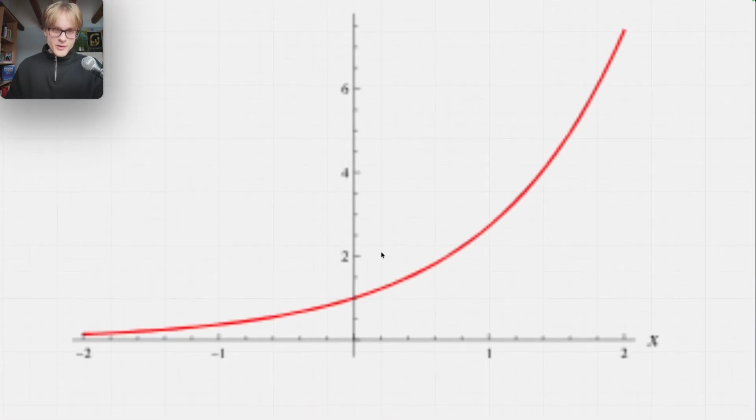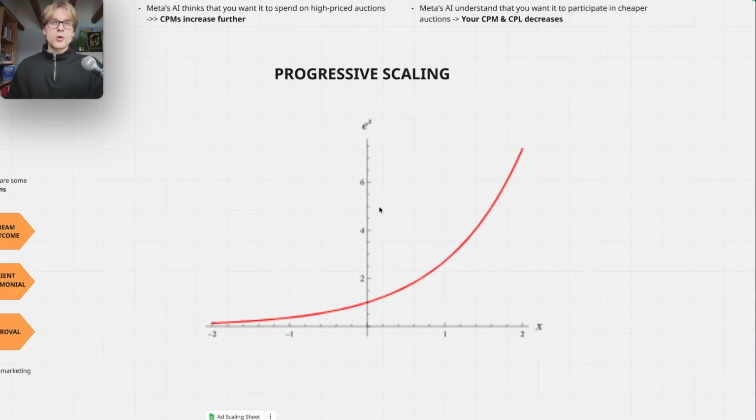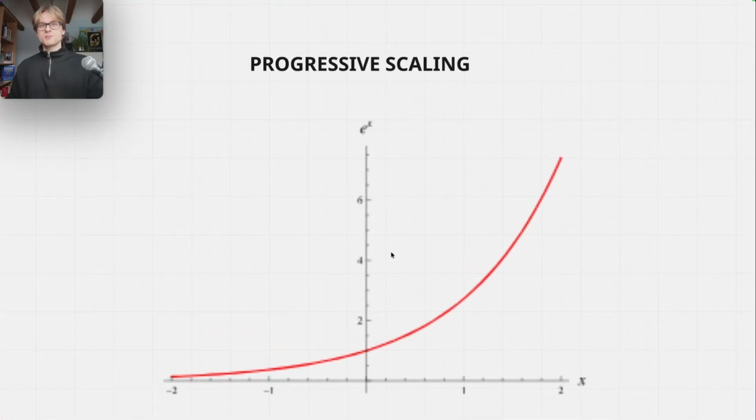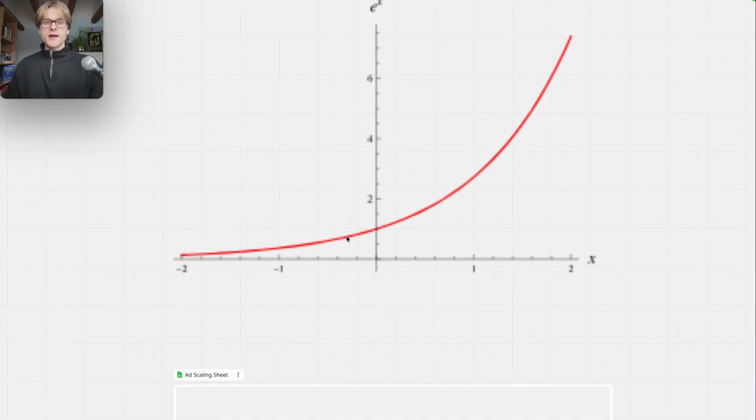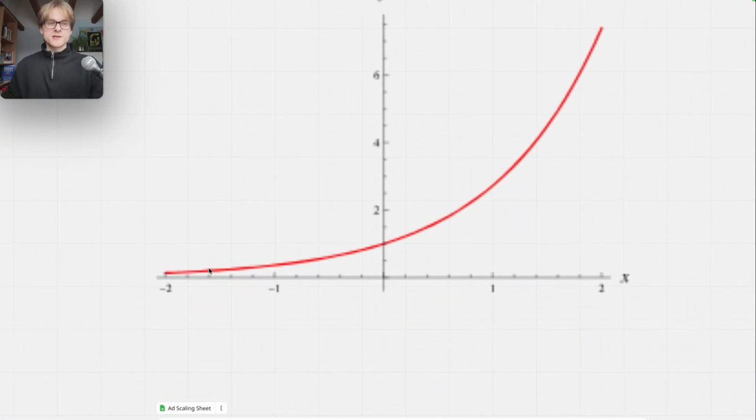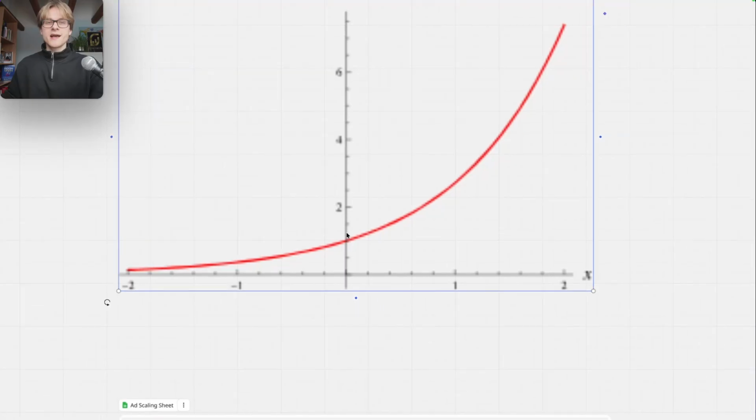So what you should essentially use to scale is progressive scaling. You shouldn't scale too aggressively, because when you scale too aggressively, you re-enter the learning phase, your CPM will skyrocket, your CPL as well, and you're rewarding it with more money. So we scale progressively. You want to always keep your CPMs and CPL consistent, and then scale consistently, kind of like an exponential function, right?